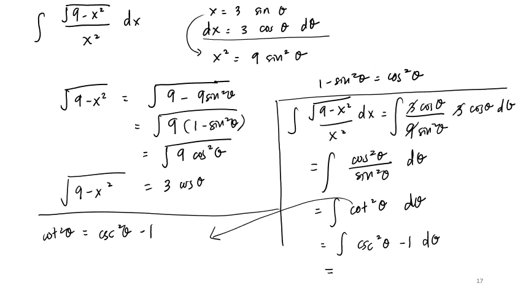So if you integrate cosecant squared theta, you shall get minus cotangent theta. Then you integrate 1 with respect to theta, you'll just get theta, plus the integration constant. Okay, so from that,